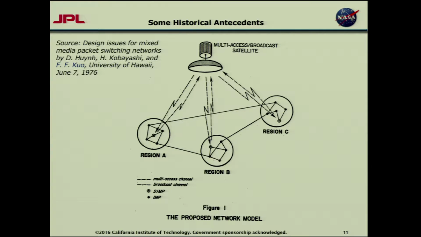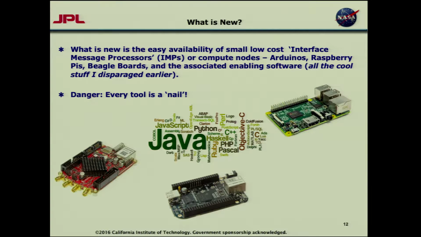And this particular picture really reminded me of the DTN implementations and just the network architectures. I found it very interesting. All of these things were done in the 70s and the 60s. So we can see that people were trying to network things, at least pass packets, message passing, switching, things like that. So I'm saying that none of this is new. So what is new? The newness is the easy availability of small, low-cost, using the ARPA terminology, interface message